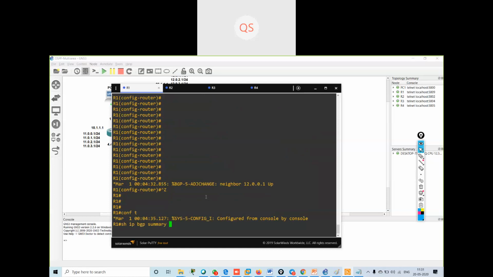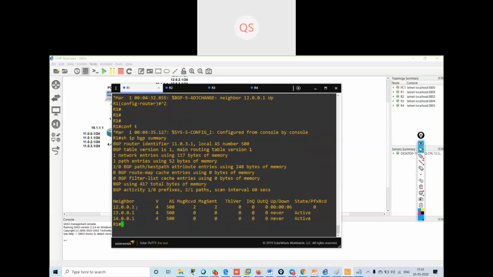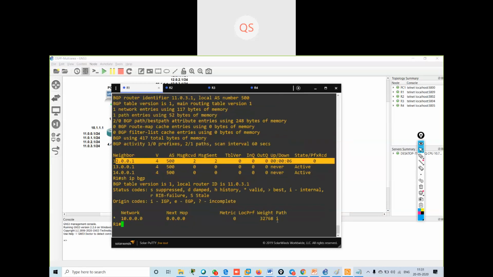Okay. If I go and verify over here, see, my neighborship is up. Show IP BGP summary. My neighborship is up with my 12 dot network, and if I give show IP BGP, okay, see, this is my metric, local preference, next hop, path information. I'm getting I because it has been advertised in the IGP.